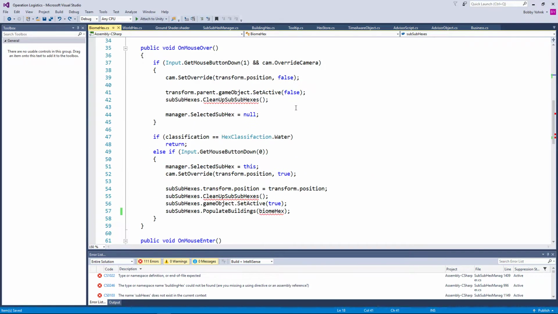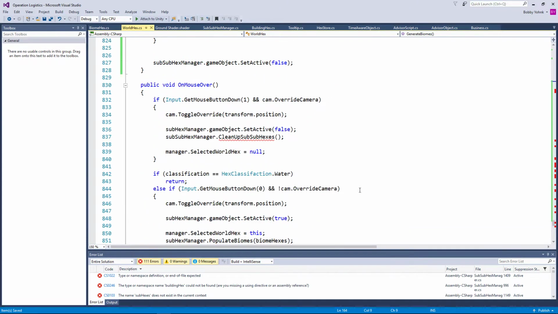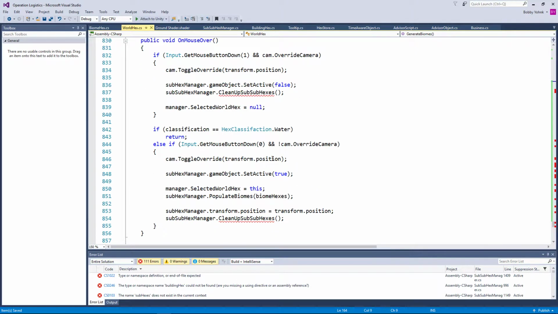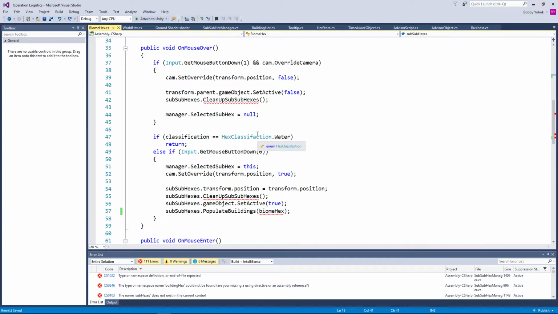So instead, what we could do is when we click on it, we could come on down here, make sure that our selected world hex is set to this before we do it, and it is. And then if we click on the biome hex, we know that there's a selected world hex. So then we can pass in selected world hex dot biome hexes, and this would be from the subhex manager,